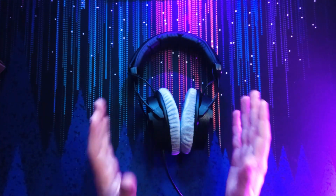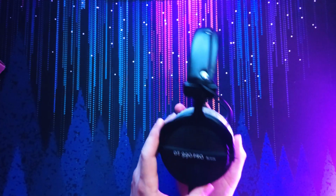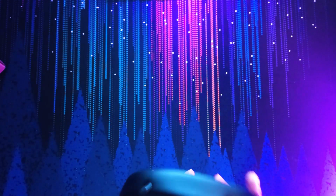These, being open backs, also benefit quite a bit from tubes, so that's the next thing I'll talk about. And real quick, I never use tubes when I edit video. I only use tubes when I'm listening to music or playing games. I never use it when editing video because I don't want to introduce that distortion to it. So whenever I'm editing video, I plug these straight into my Scarlett Solo, which I suppose is a great transition